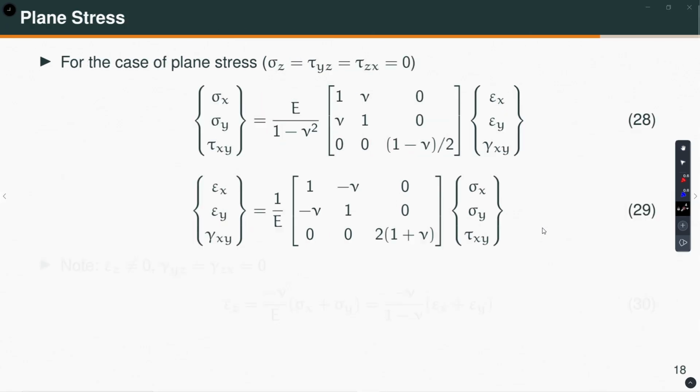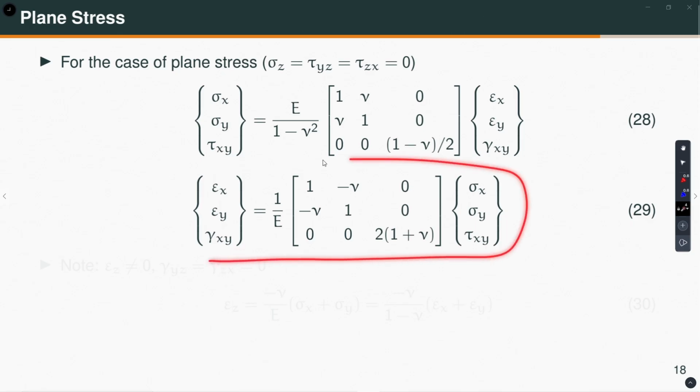Okay. So, for the case of plane stress, what happens? Plane stress means, let us say a body in plane stress in the xy plane. So, that means the stresses in the z direction are all 0. So, sigma z is 0, tau yz is 0, tau zx is 0. Tau yz 0 means tau zy is also 0, tau xz is also 0. Okay. So, then this equation that I have shown earlier simplifies to this. Go ahead and try to derive this equation, okay,